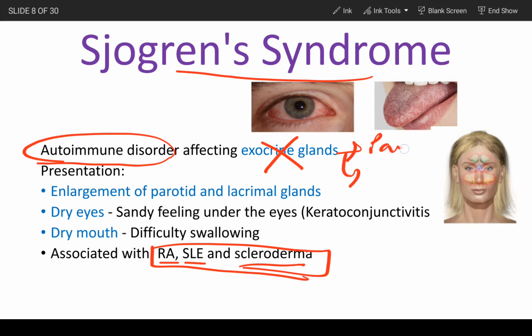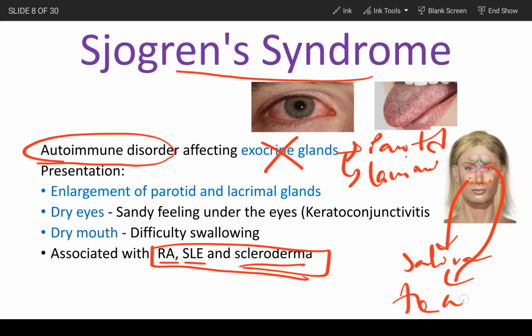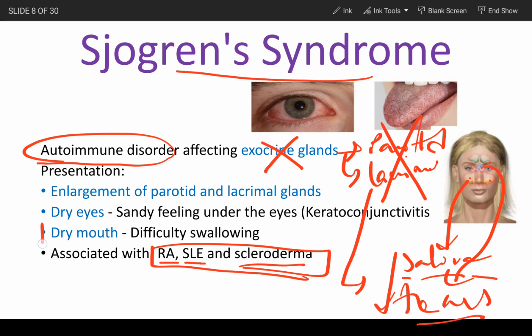The main exocrine glands are the parotid and lacrimal glands. As you can see here are the lacrimal glands next to your eyes, and these are the parotid glands. Parotid glands release saliva and lacrimal glands release tears. Since these glands are affected, they are not able to produce much saliva or tears. Less saliva leads to dry mouth, and dry mouth eventually leads to difficulty swallowing because you need some lubrication